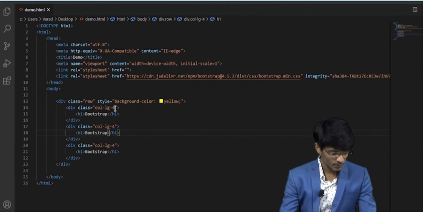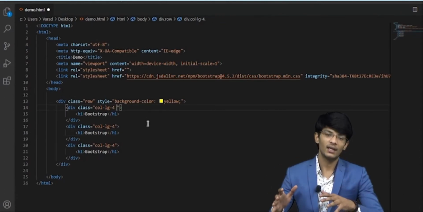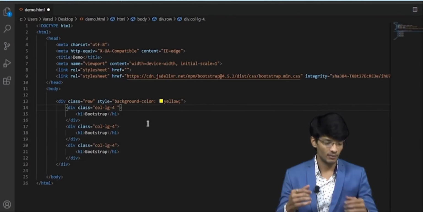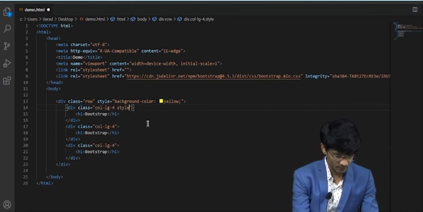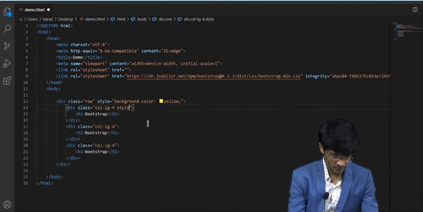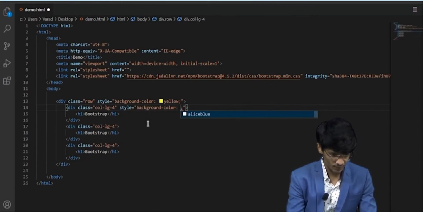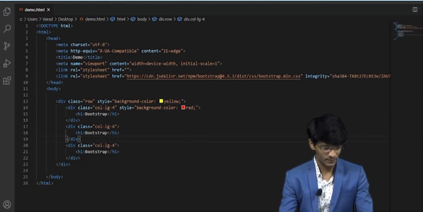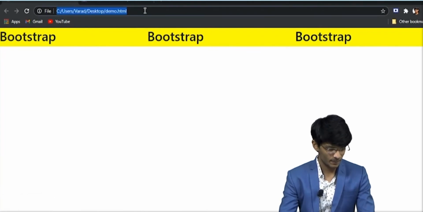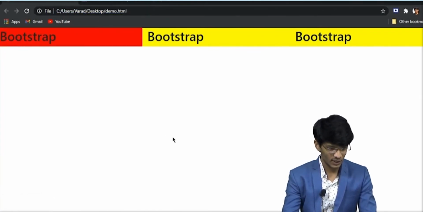Let's give the columns some different colors so that we can understand it well. Sorry. We'll give it a red. We'll save it and reload the page.